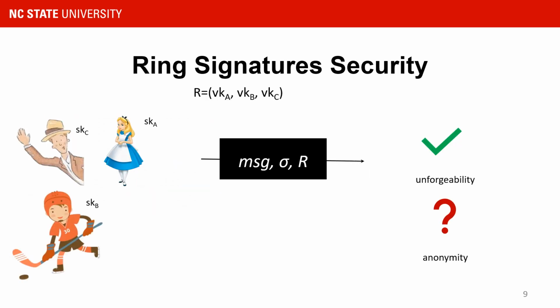Let me go into ring signature security a little bit more. I've already mentioned unforgeability, or the ability to verify signatures and really be sure that it came from that person. And I've talked about anonymity within the set. So just to sum up, unforgeability means only legitimate members of the ring can create a signature. Being a legitimate member means you know one of the secret keys. Anonymity means that any outside observer cannot tell who produced the signature. In fact, even other members of the ring cannot tell who produced the signature, except they might know that it's